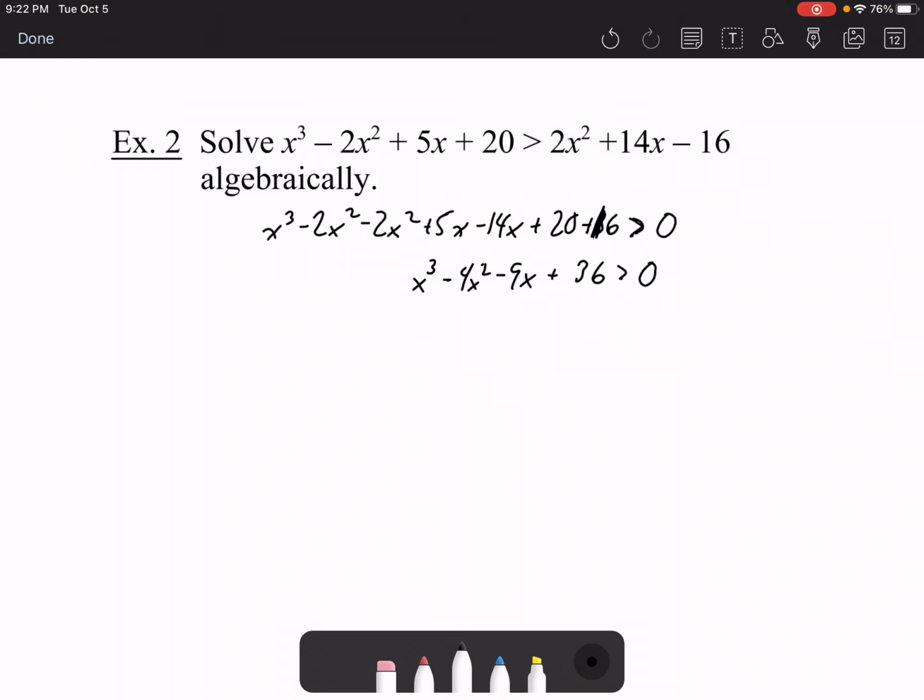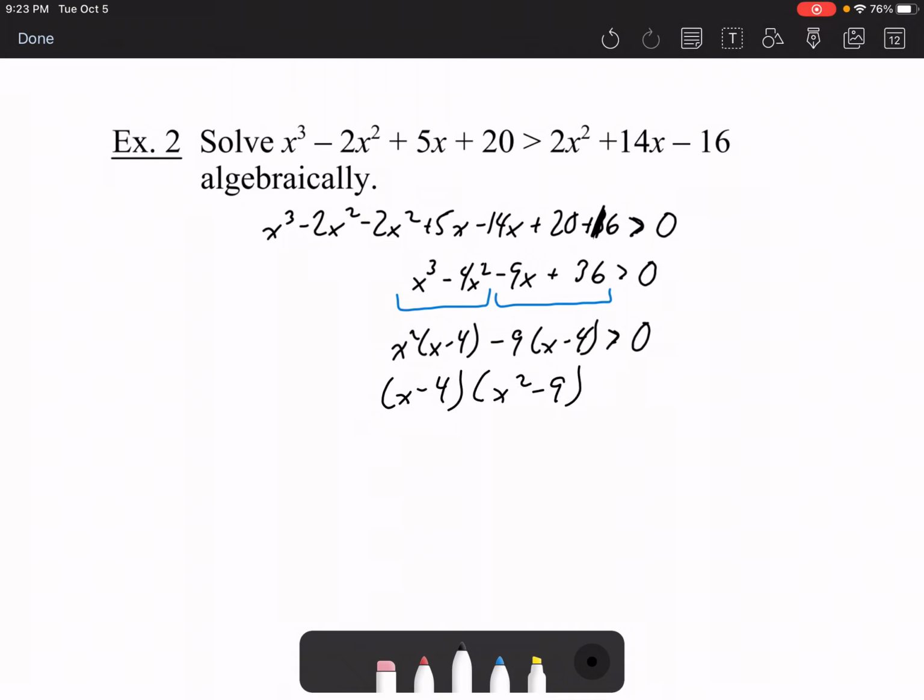Now this factoring actually turns out to be a little bit easier. You might notice that you have a common factor between the first two terms and the last two terms, like x squared, which will leave me with x minus 4, and negative 9, which again will leave me with x minus 4. This doesn't always happen, but in this case it worked out. So now I can common factor out the x minus 4s,